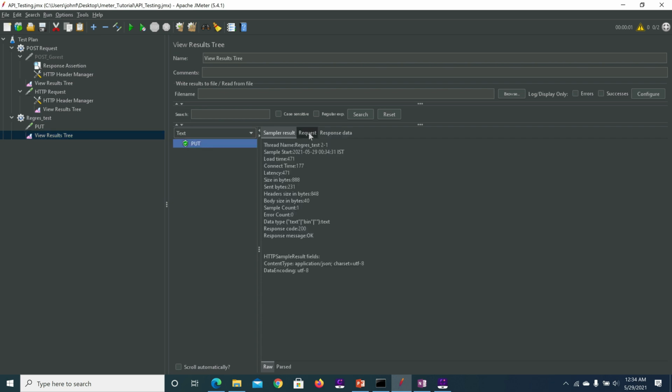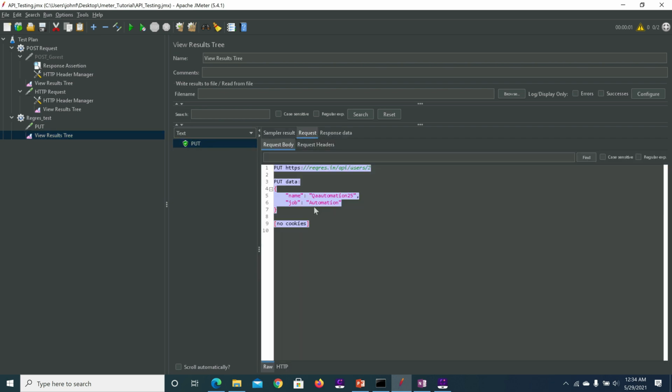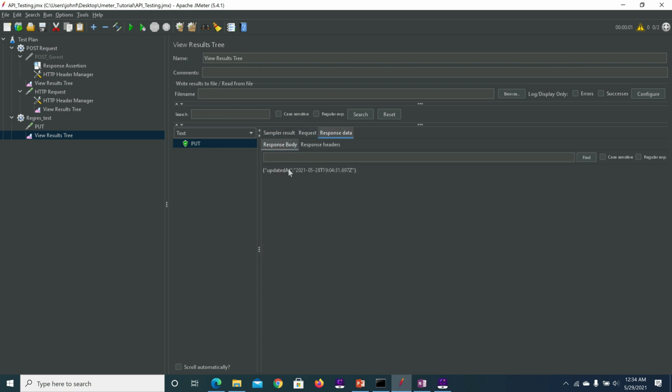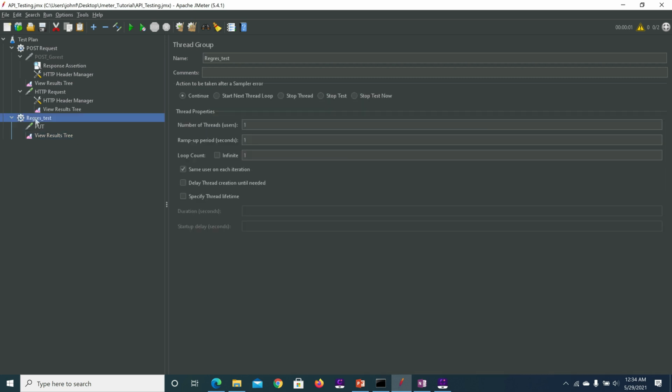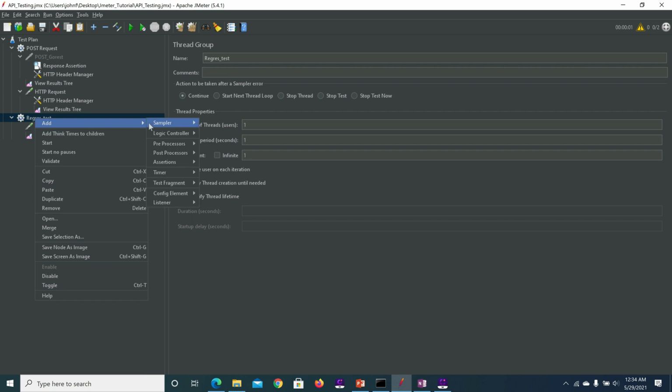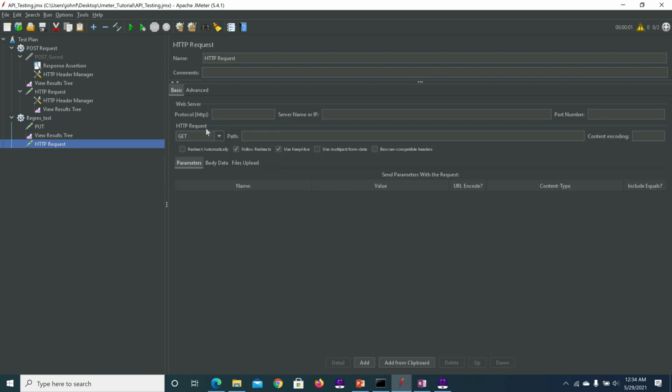The put request sends the response with whatever parameter we have given. Response, yes, it is successful. In response header we have got 200 OK response code. Next, let me add get now.